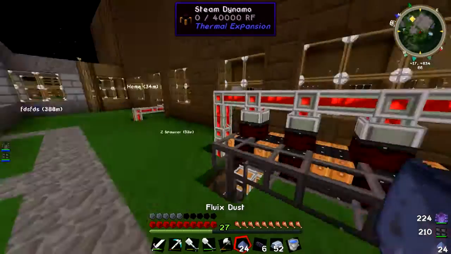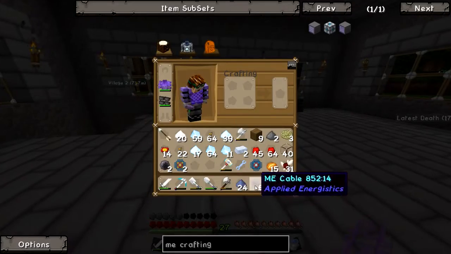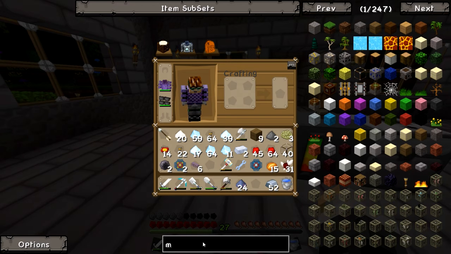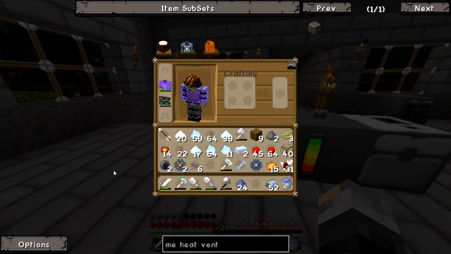All your different machines as well. There are different specific things in Applied Energistics for you to hook stuff up like that. So I find that's really cool. So we're going to be building that. To do that, we need to make ourselves some quite complicated stuff actually. So we're going to have to make ourselves a